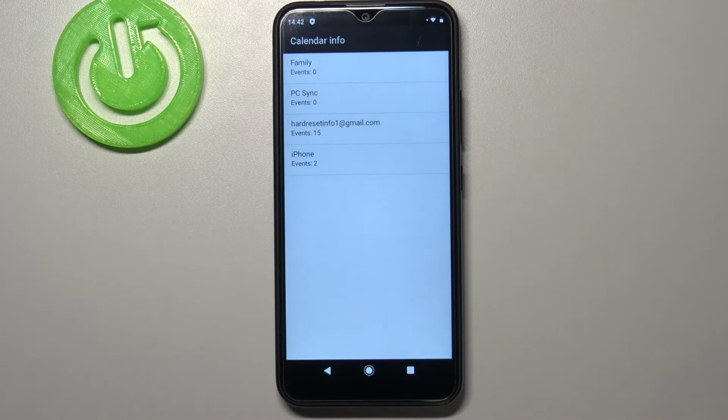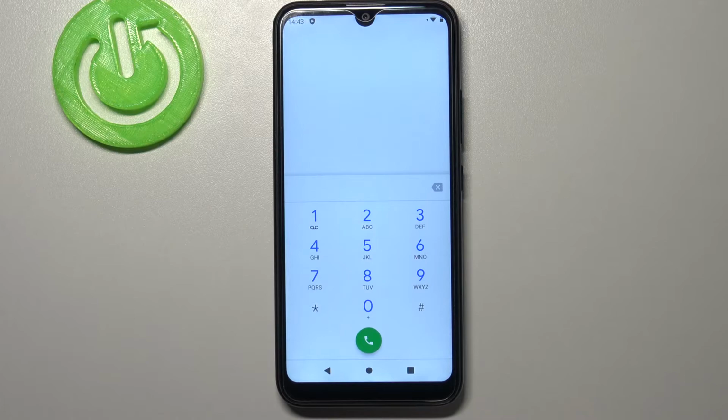*#*#225#*#*. And as I said, we are in a calendar info, so here we can check some events. We can check family events, some holidays in your country should also appear right here, or events attached to your mail. So this is the best option to check if you would like to check the events which are grouped into particular sections. Let me get back and let me show you actually the last code which will open the